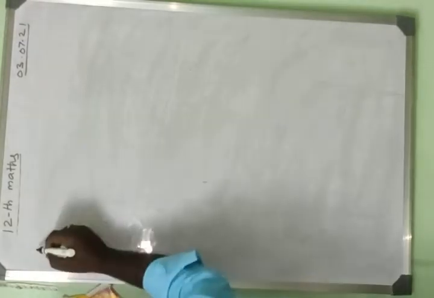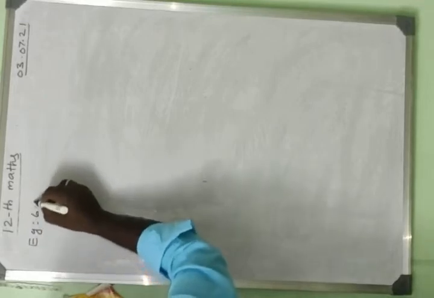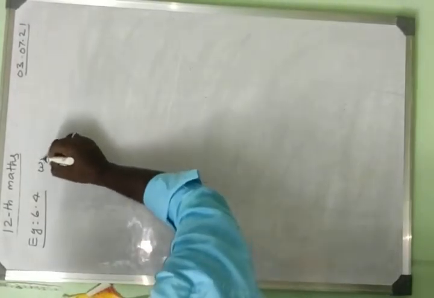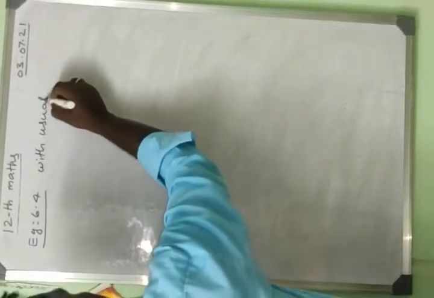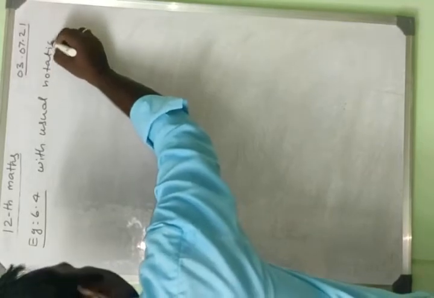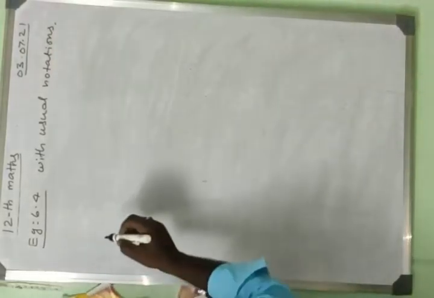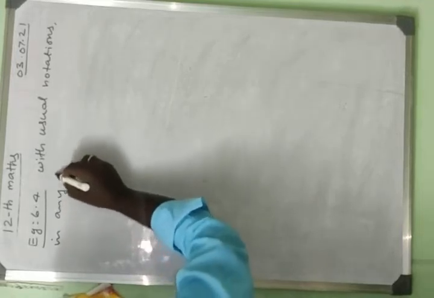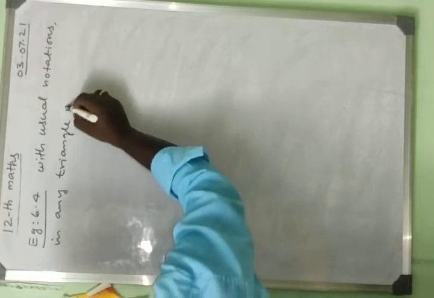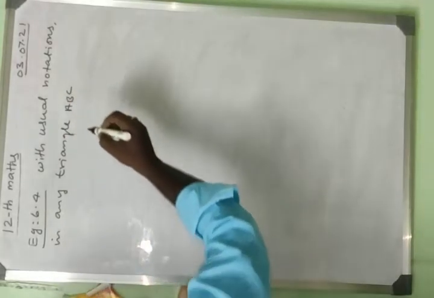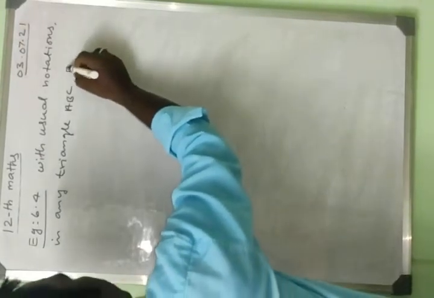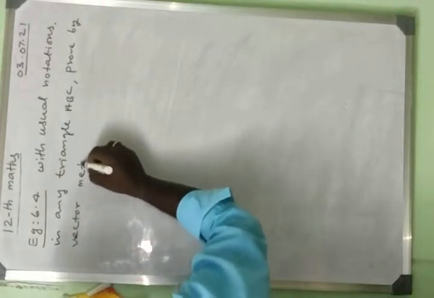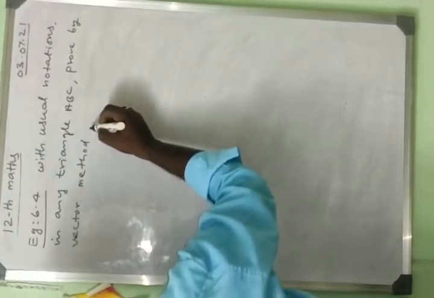With usual notations, in any triangle ABC, prove by vector method